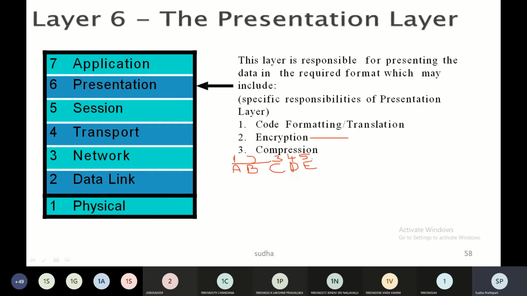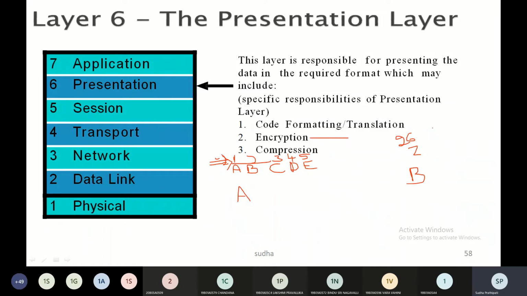It needn't be 1, 2, 3, 4, 5, where Z represents 26. It can be any of the coding schemes. You can take 2 and say this is 4, and make it a multiple of 2. Even that can be a coding mechanism. Why you are using this coding mechanism is so that the person in the middle does not know it; only you and the other person know it. Say I have a source A and a destination B. Source and destination agree upon these codes, and nobody else knows this particular coding scheme.